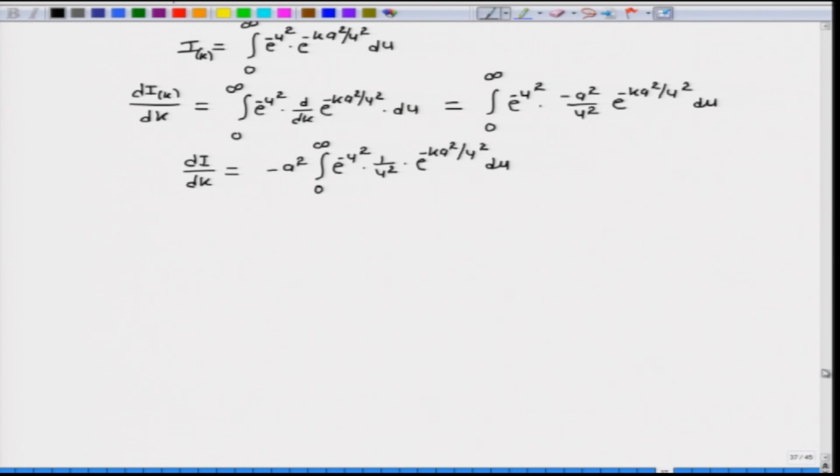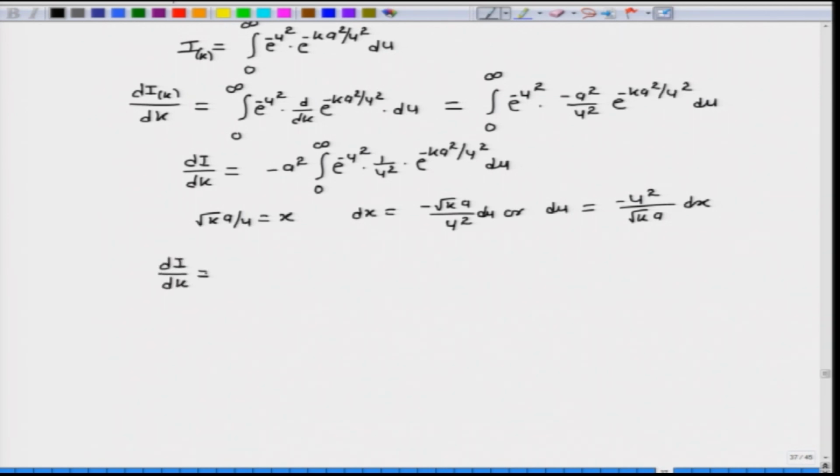Now, let us make a substitution here. If we define root k a by u equal to x, which means dx is equal to minus root k a by u square du. In other words, du is equal to minus u square by root k a dx, and if we substitute in this, dI by dk should be equal to